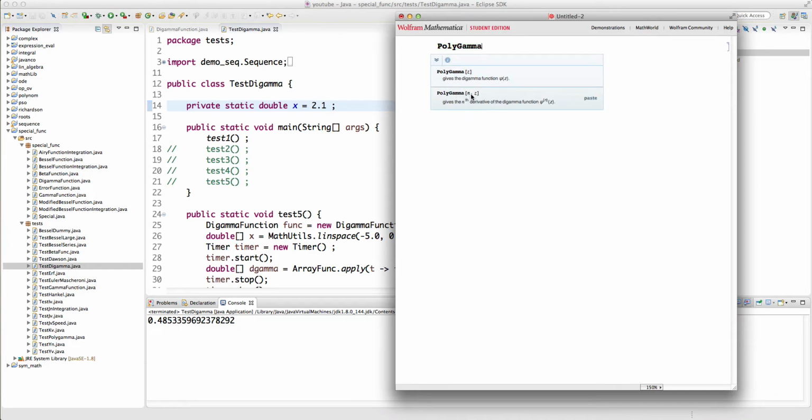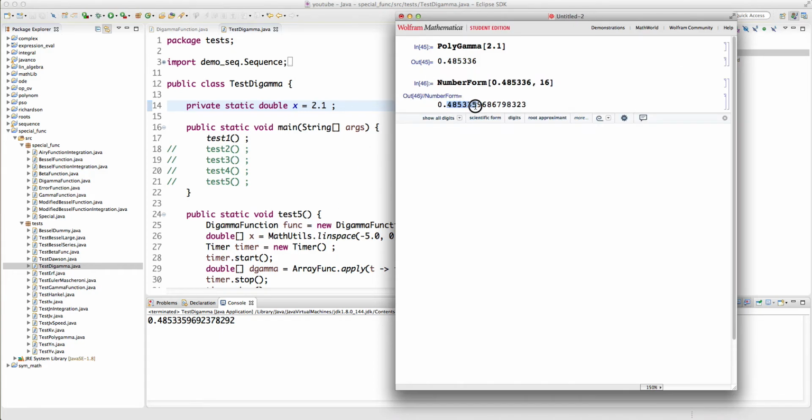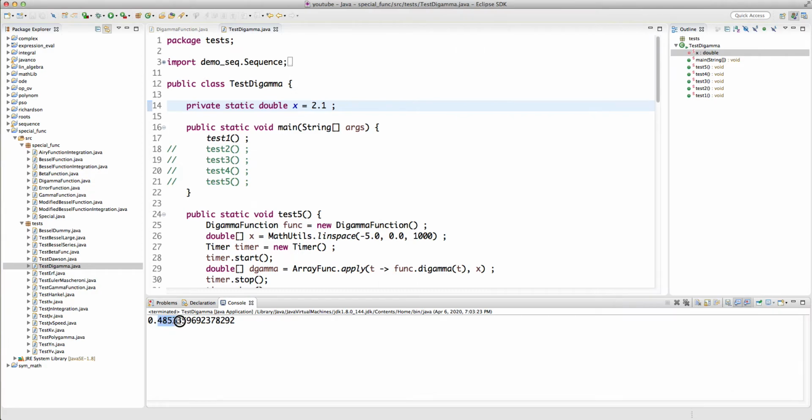If I don't give it an integer parameter, it gives the Digamma function. So for 2.1, let's look at all the digits. We have 1, 2, 3, 4, 5, 6, 7, 8 decimal places of accuracy compared to